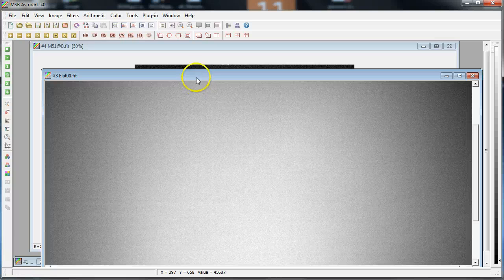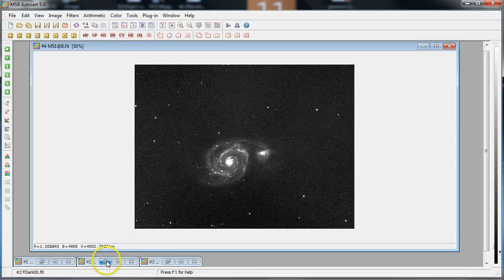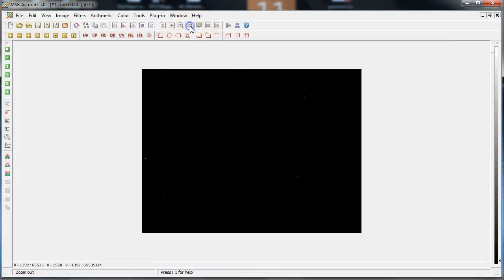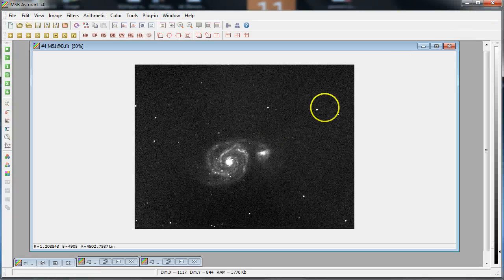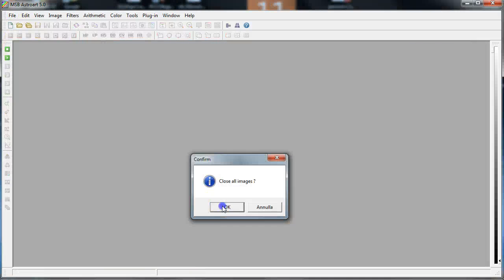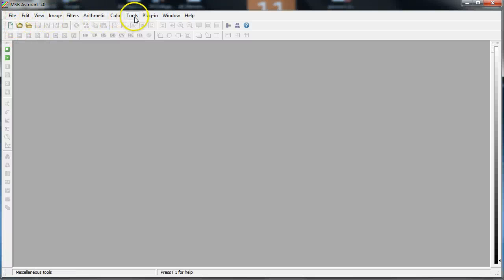You can see that Astroart made other files here. This is the flat field, and this is the dark for the flat field, or the combined frames of flat and dark field. These are the image dark frames. You can save these files as master files, as master dark or master flat if you want. We now close all the images and